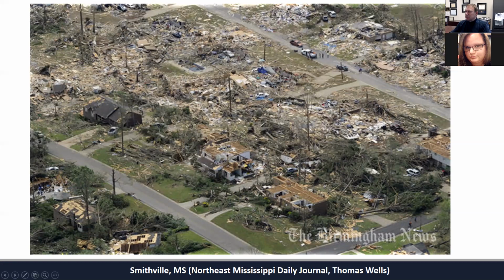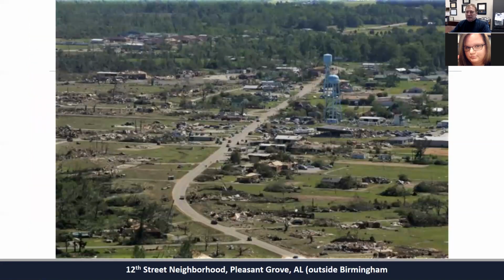And so if this was your home, or this was your home, or this was your home, do you have a place in that structure that you could survive until hopefully people are able to find you and dig you out of it? Again, the whole point is to be able to survive the immediacy of the storm, and then again, that what's next type approach. This is Pleasant Grove, Alabama. The main point to note here is the path of the storm traveled in this direction. And there was some damage over here, but you'll notice the path of the storm is primarily here.